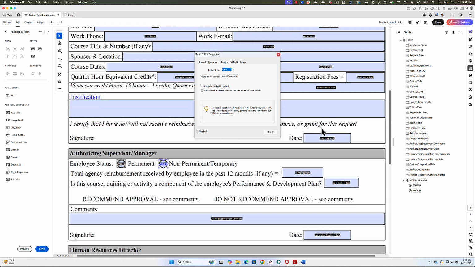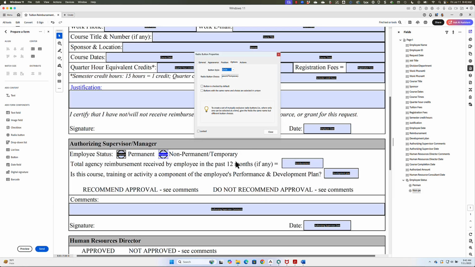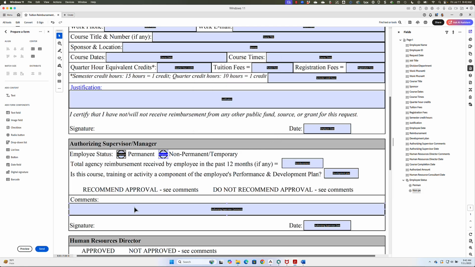So I'm going to scroll down here. Here we have another example of that where we have recommend approval or do not recommend approval. Seems to me there should be only one possible choice of the two. So that's going to be another case for a radio button. Now again, what I can do,